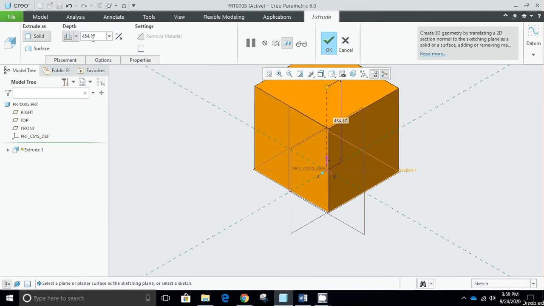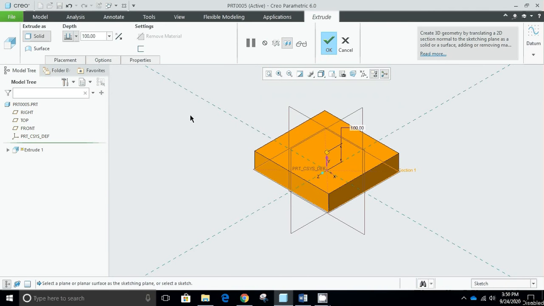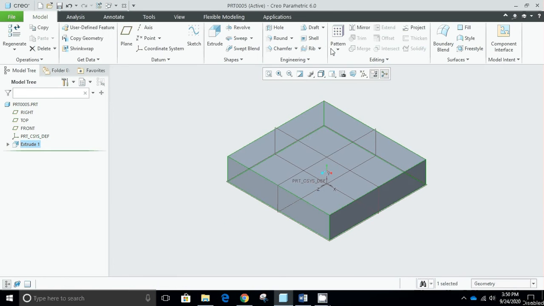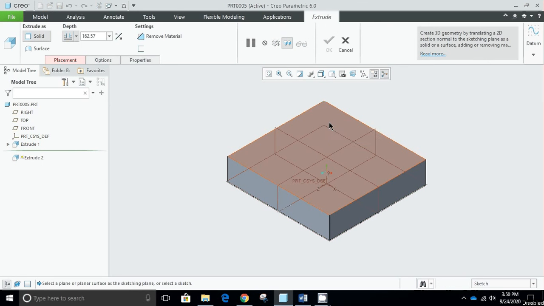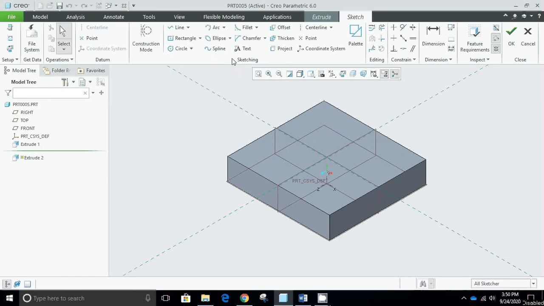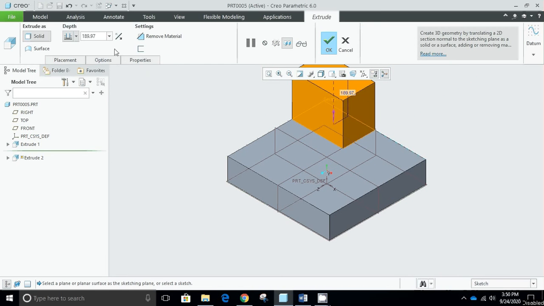Press OK, and its thickness will be as the desired value is. I am selecting it to be 100. Press OK. Similarly, I will make another extrusion on this plane. This time I will be selecting a corner rectangle like this. Press OK, and this time I will be giving it a height of 150 units,